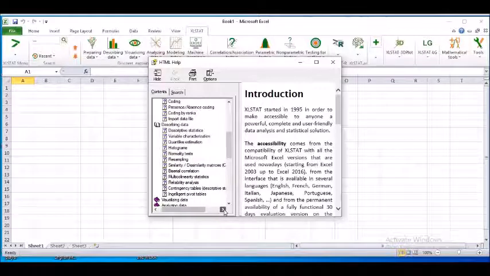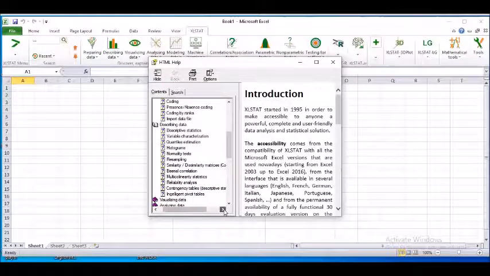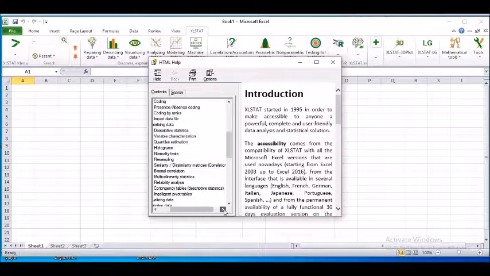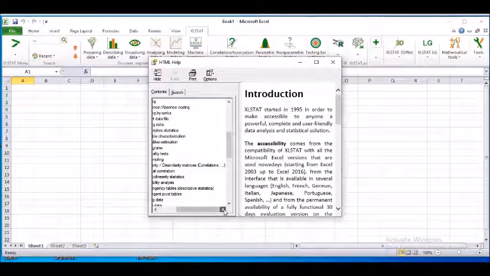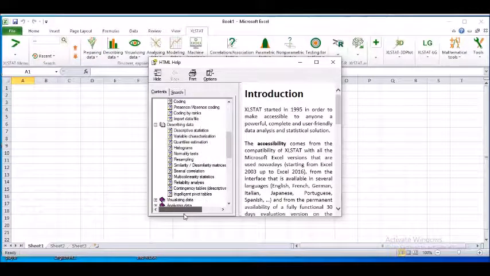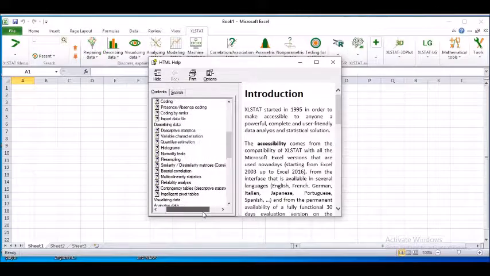Similarly with data management and text data cleaning. Some of us who are into textual analysis, maybe using different software or using R, will see that definitely there has to be some data cleaning process even for textual analysis. So here even that is taken care of in Excel Stat. Now we can minimize it, and we can go further looking for describing the data.